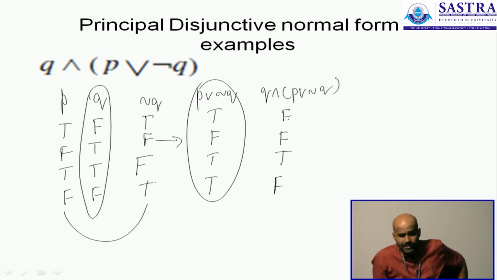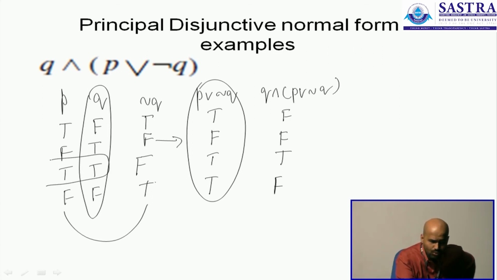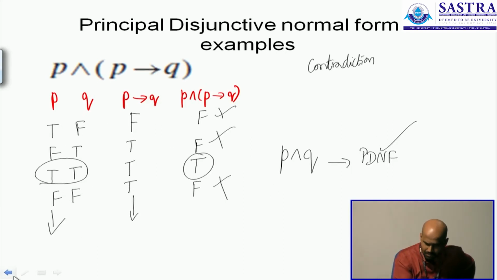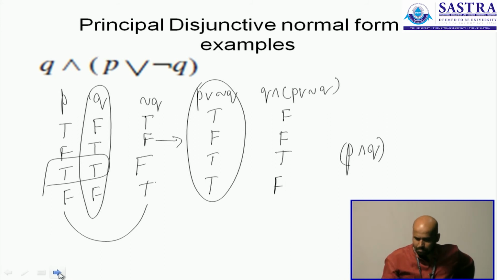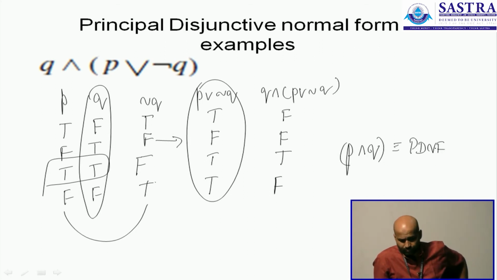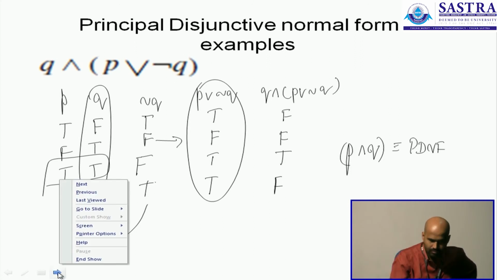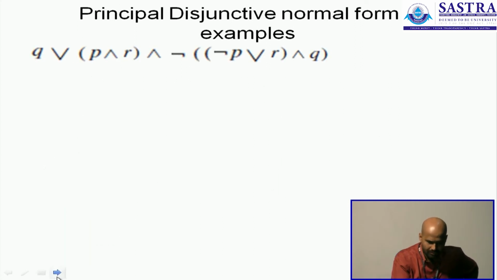And you know that to construct a PDNF, you will have a look at those rows which return a true value, and that is happening only in row number 3. So you'll have only one term in the PDNF, and that's the conjunction of these two, P and Q. Once again, similar to the previous one, the PDNF is just P and Q in their original forms. It won't be so easy all the time. We'll have something different here.